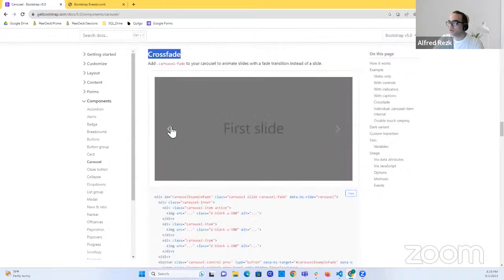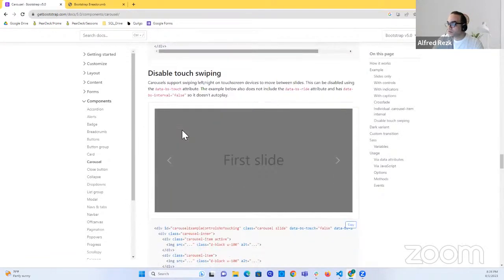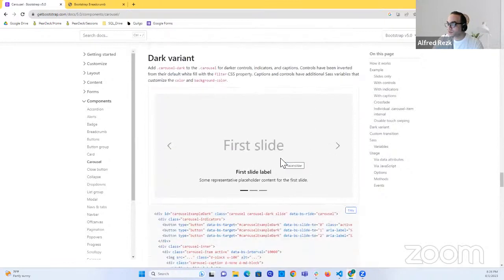And you have crossfade, which is a different animation. Instead of sliding them, the images are not going to slide over each other. You have dark variant, and